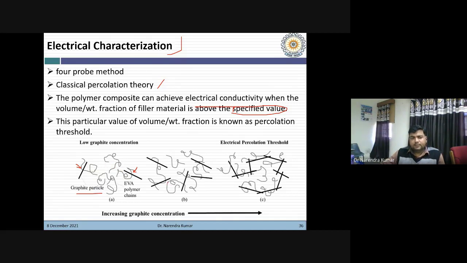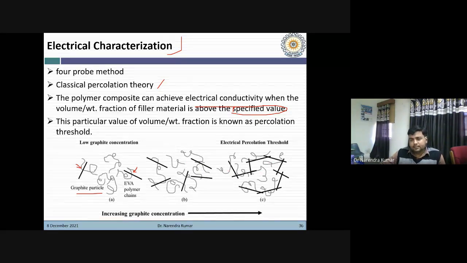Now, when we increase the filler concentration in the polymer matrix, this is the situation. Now you can see they are coming closer. But when we keep on adding the filler material, this will be the situation. All the particles will be connected together like this, and they will form a network within the polymer matrix.